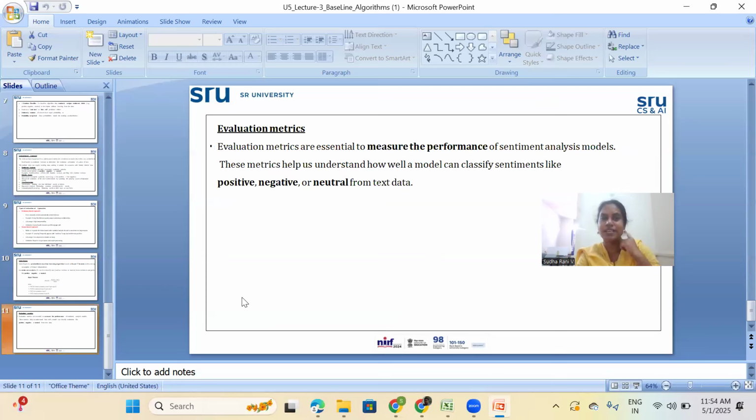The last one is the evaluation metrics. Evaluation metrics are essential to measure the performance of sentiment analysis models. These metrics help us understand how well a model can classify sentiment like positive, negative, or neutral from text data. Not only positive, negative. Evaluation metrics, if you take the simple example of our